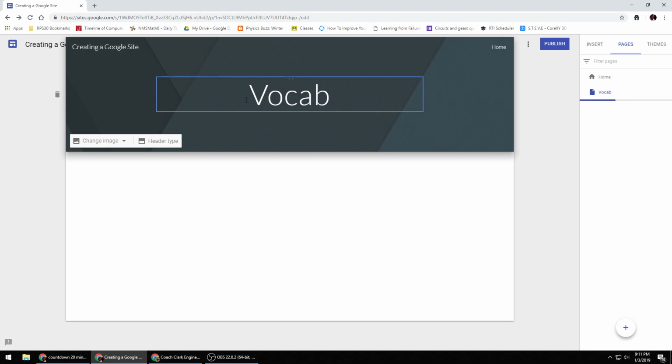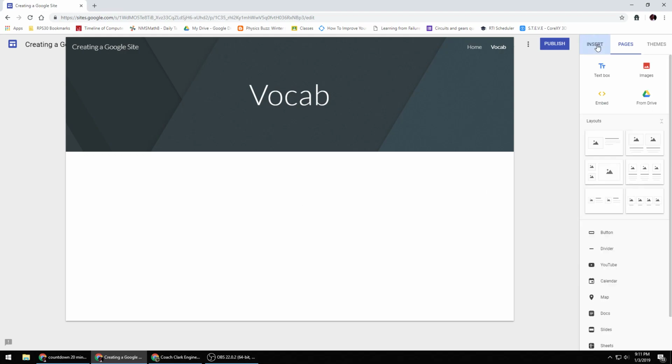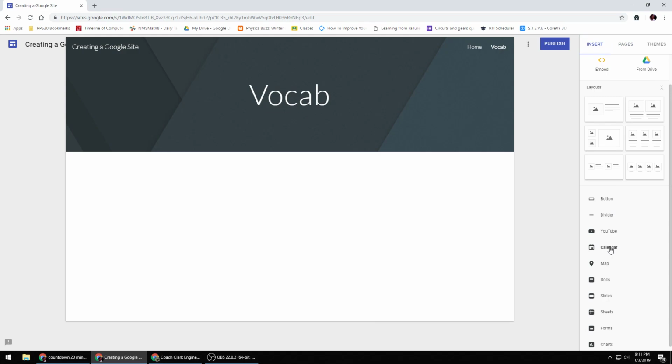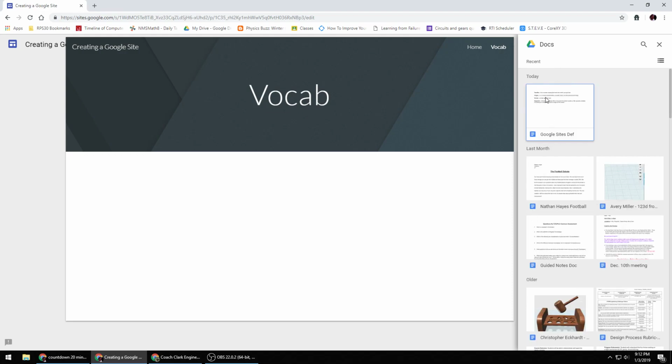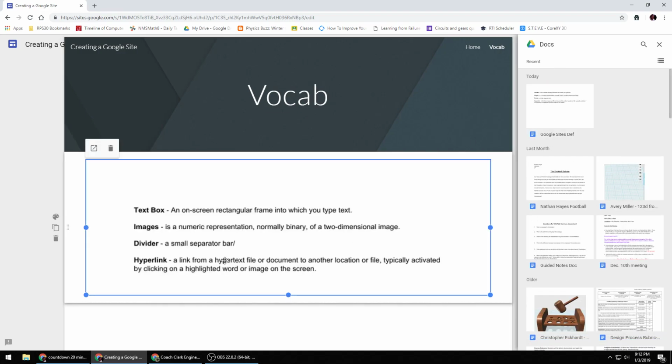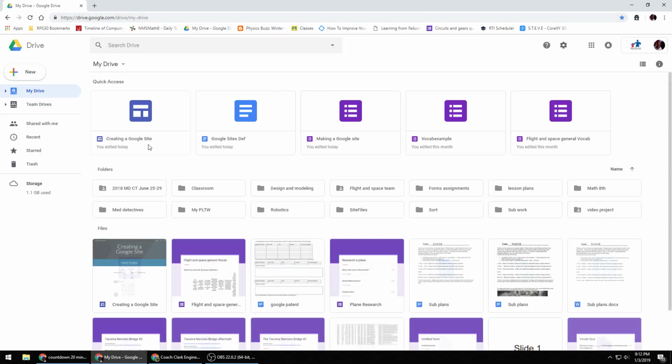This is another page. It's another part of our website. And in our vocab area, we're going to look at some of the other stuff that we can add. So first thing we're going to do is go over here. We got a calendar. So we'll skip that one. We don't need to look at maps. Let's look at docs. So documents, I can come in here and I can actually look at my recent documents. And then right here, I've got Google Sites definitions. And what's really awesome about this is this document here, if I go to my drive and I actually look at the document,